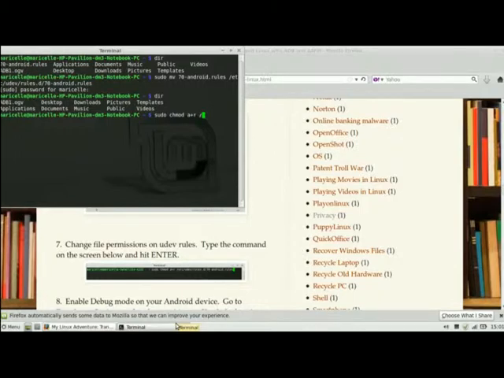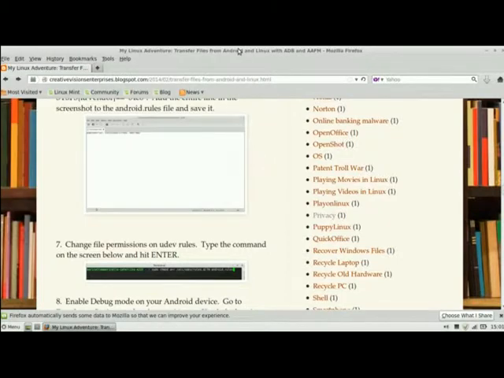So it's /etc/udev/rules.d/ and the name of the file. Okay, and now let's close out of this terminal and we'll move on to step 8,